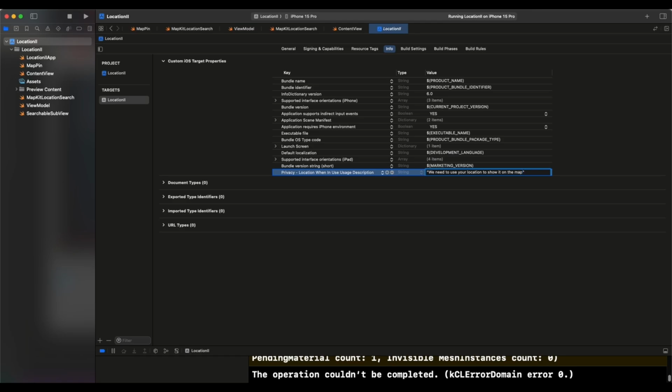Now when we finish building our app and you run it for the first time, this is what the user is going to be asked, and when they say yes, they're going to allow us to actually get the location, and we can therefore use it on our map, right? So this is one thing you need to add, and then afterwards we can now handle our location manager